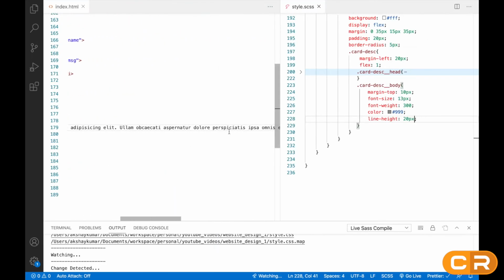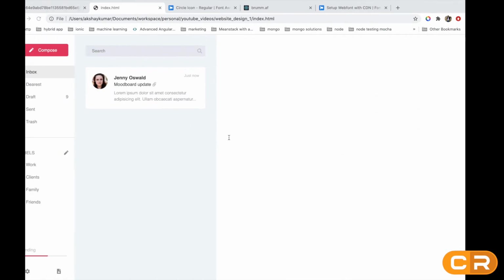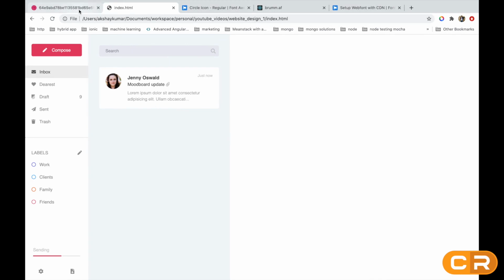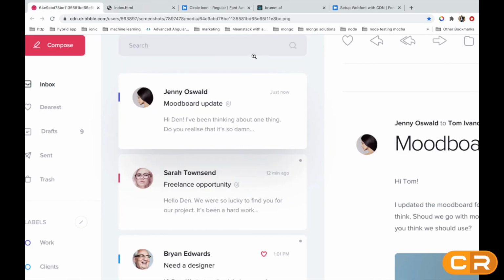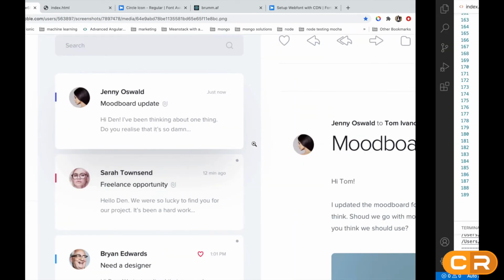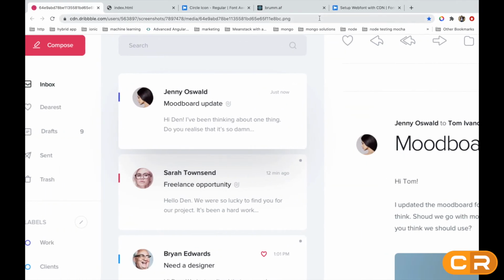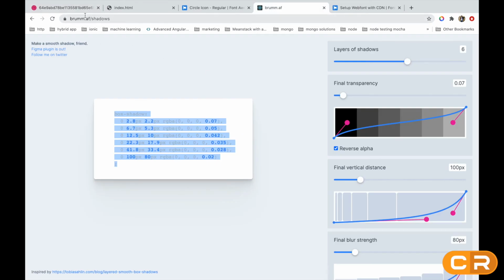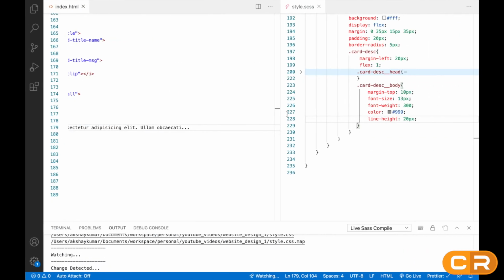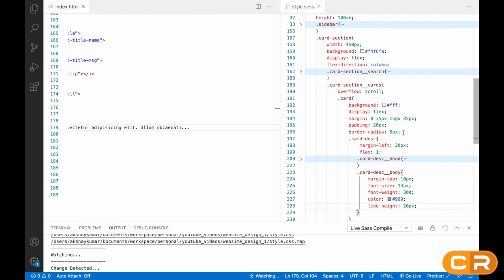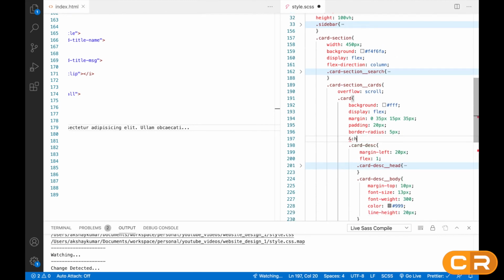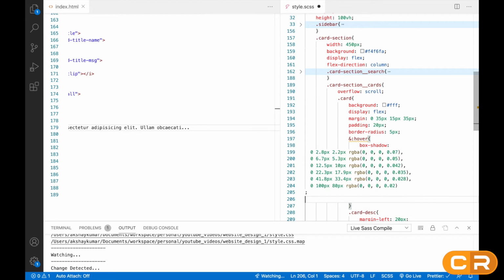Okay, so I will remove some lines. Okay, so I think this card is done. So whenever we hover this card we have to give some shadow also. So for that purpose I use this website. So you can just play around with this and copy paste this shadow effect, right? So we can copy paste this effect, and for this card, whenever we hover this card we can give box shadow.